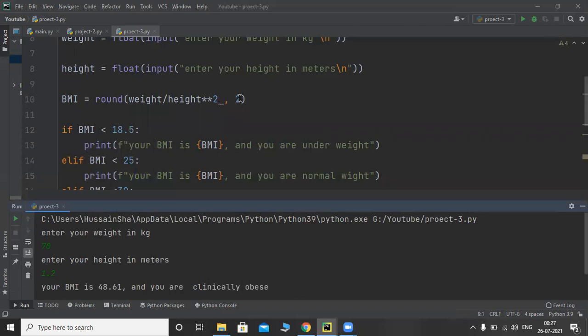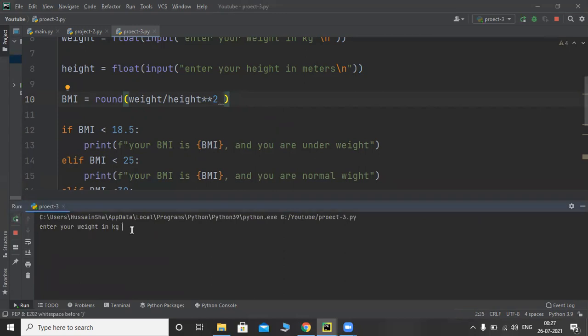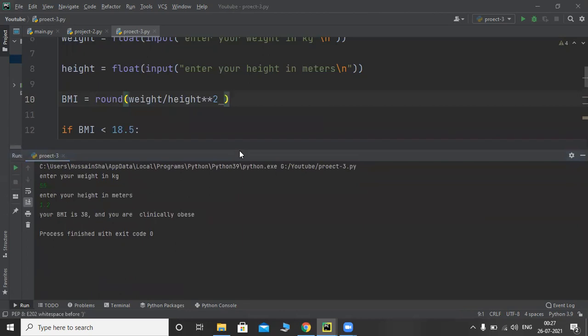If you don't give a second argument, it will give an integer value. Let me show you. I will remove the 2 argument here. It will just give an integer value. Let me run once again. Let's say 55 kg, and the same 1.2. See, it is giving just an integer value, 38.